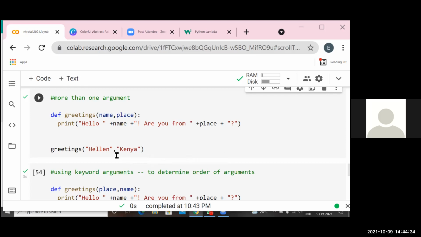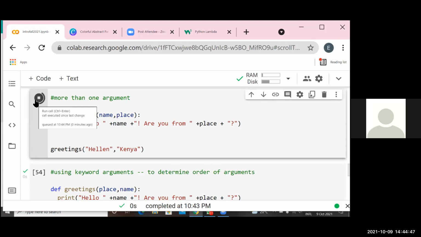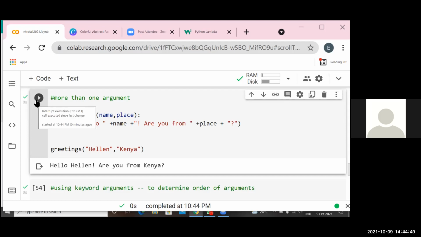So in this case, we give the value for name is Helen and the value for place is Kenya. And if we run this code, it should say, hello, Helen, are you from Kenya?